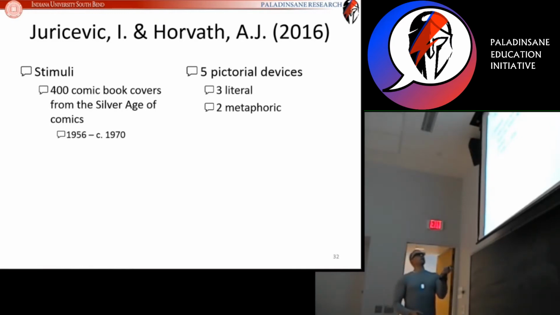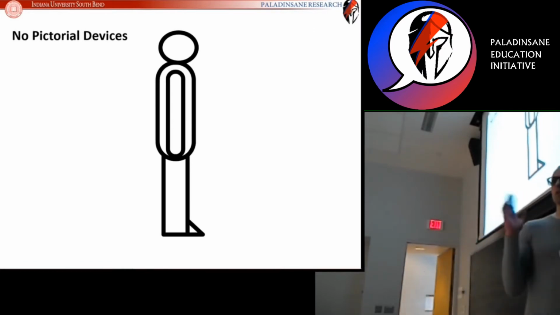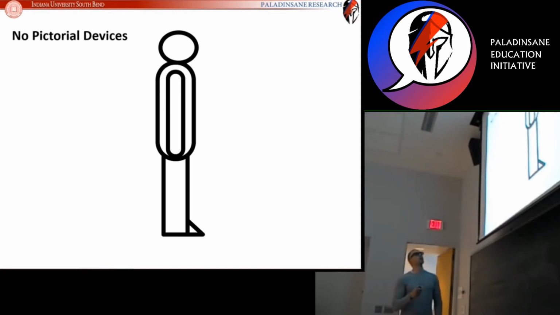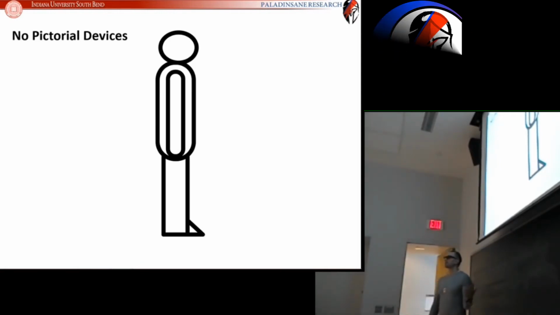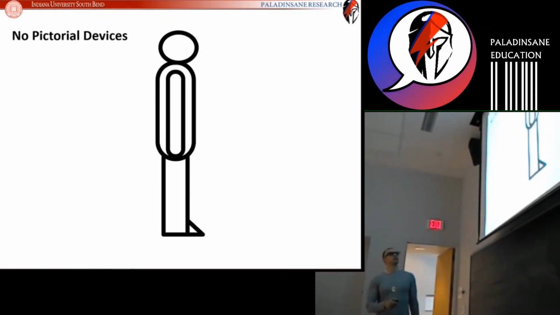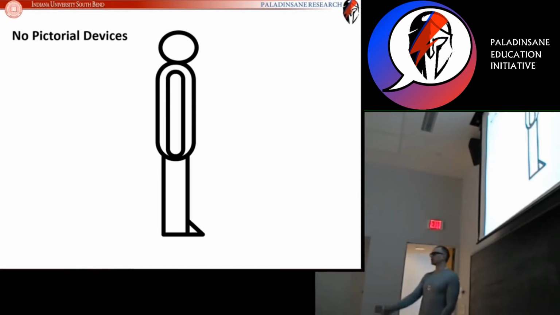Just to give you a schematic of what those look like, this is an example of a picture of a person running with none of the five devices. This is, hopefully you will agree, a horrible picture of a person running. Because when you look at this, you say to yourself, it doesn't look like they're running, right? So it's not a good picture of somebody running. And the reason is because the pictorial devices that indicate running have been completely removed. So this is an example of no pictorial devices. This individual doesn't really look like they're running.